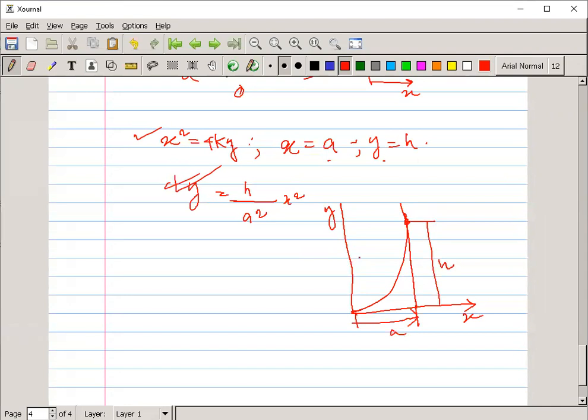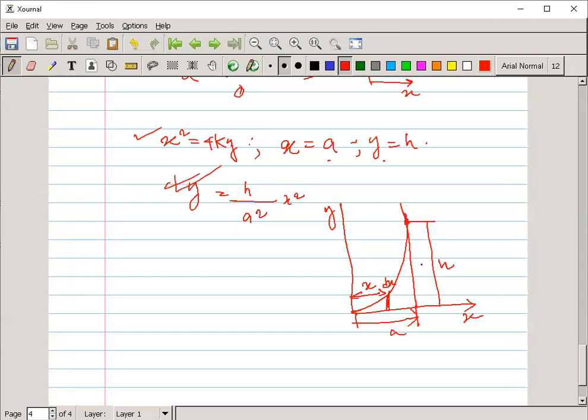Again you have to use the same concept which I gave before the mid class for finding the centroid. So how do we find the centroid for this case? Take a small elementary stripe area with respect to any axis. If this is the y axis, take the strip at a distance of x, and the width of this elementary area is dx, right? Do you remember this concept for finding the centroid?